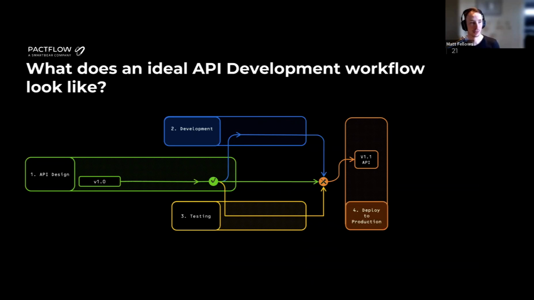And we have to go back and fix bugs, rework. And of course, this has cost us: the overall cost of development increases. So we're going to look next at the first stage here, which is design. How do we solve this problem? And this is where the idea of design first comes in.